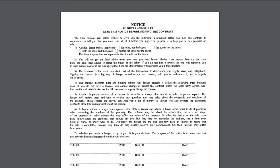You are not an attorney. You are not representing yourself as an attorney. You are not explaining the contract as an attorney would. However, you should be familiar enough with the contract to be able to explain what various components of the agreement mean and be able to explain in a layperson's language so that a buyer or seller can feel comfortable in